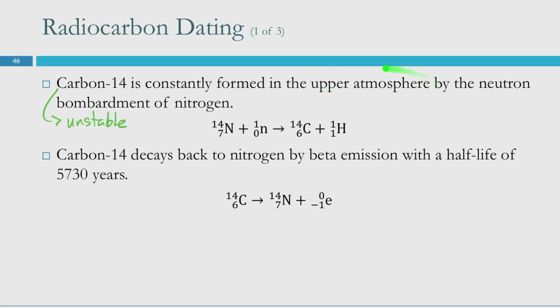So up in the upper atmosphere, there's lots of radiation going on because it hasn't been stopped by our atmosphere. That can include neutron bombardment of nitrogen. Regular old nitrogen floating around in our upper atmosphere gets hit by a neutron from space and splits into carbon-14